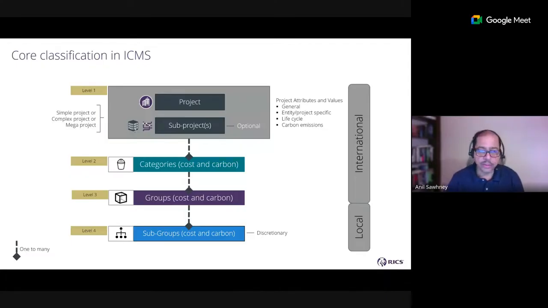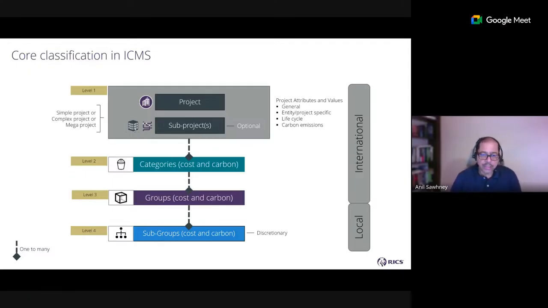At level 1, you have your projects and sub-projects as I had just described. At this level, you are also declaring your project attributes and values. So I'm a construction company. I want to report using WLC and ICMS cost and carbon. I can provide my project. Sub-projects are optional. And then a whole list of general entity, project-specific, life cycle-specific, carbon emission-specific attributes and